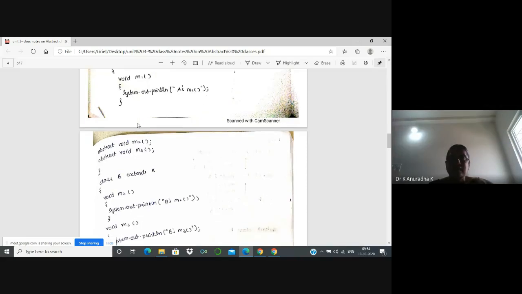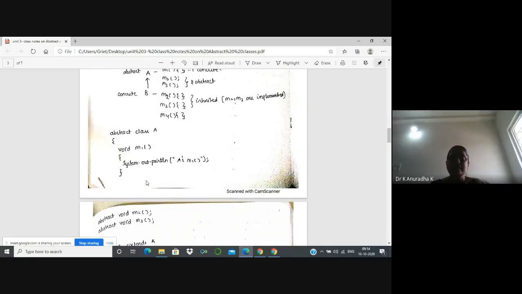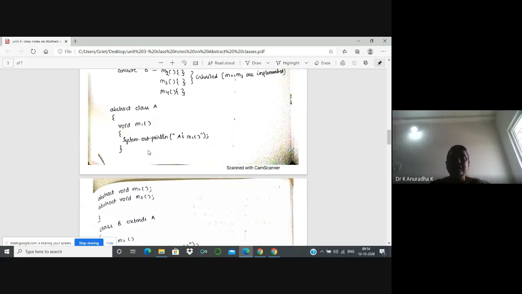and all the members. M2, M3 also we can access, but B's M2 and B's M3 we can access. Okay, so with that reference variable we can access all the members of the superclass. So what are the members of the superclass? M1, M2, M3. M1 is not overridden, but you can think like this: M2 and M3 are the overridden methods because for the same structure it is providing a body. We can assume that it is overridden in its subclass.